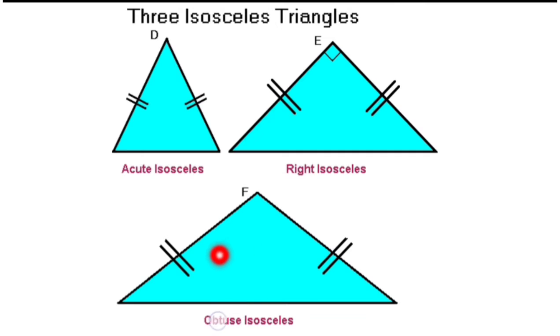now see this one. In this triangle you have two sides of equal length, which is the property of isosceles, but one of the angles is more than 90, that is called an obtuse angle, right? So if you find one angle obtuse and two sides equal, you can name such a triangle an obtuse isosceles triangle. Okay, students?